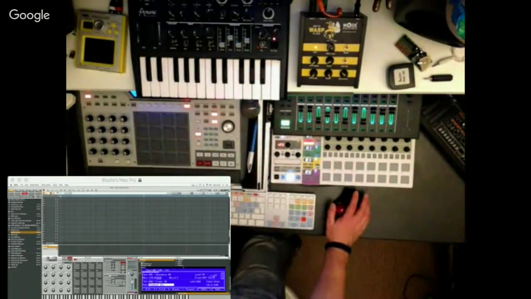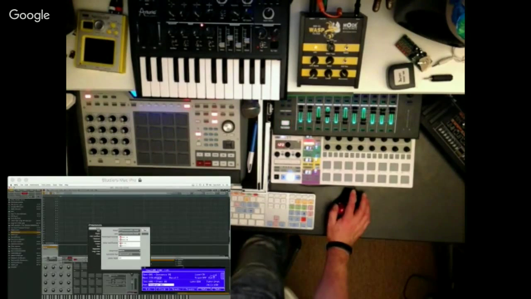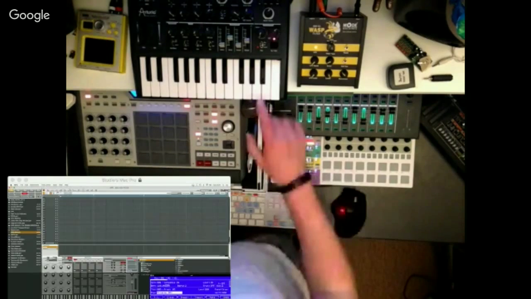Let's see if we can get that synced. The sequencer on the Microbrute synced across. So it's going to pop across to my preferences and send the sync signal out to the Microbrute, just there, like that. Send a MIDI clock. Brilliant. Okay, so we're going to send a MIDI clock signal to this, which means that as soon as you